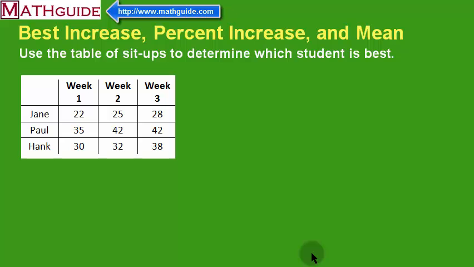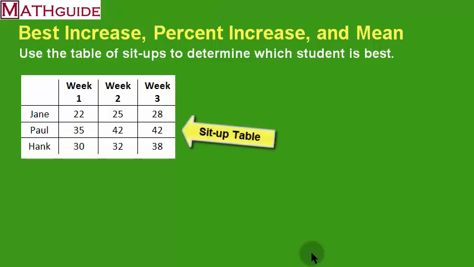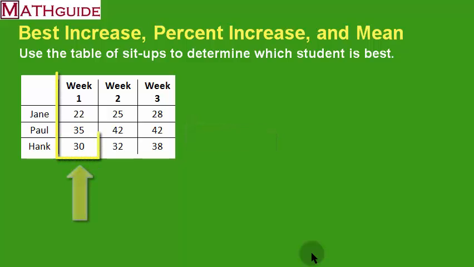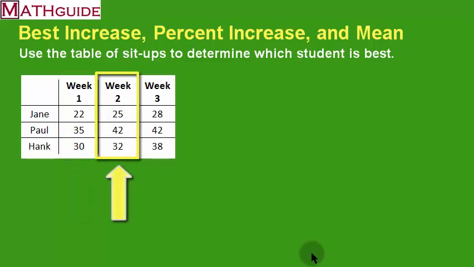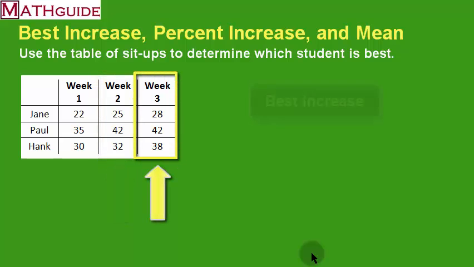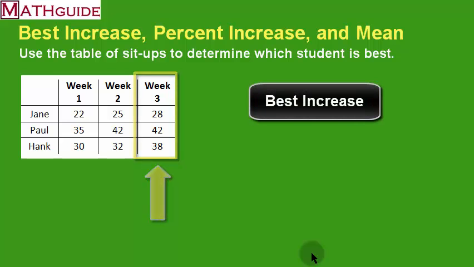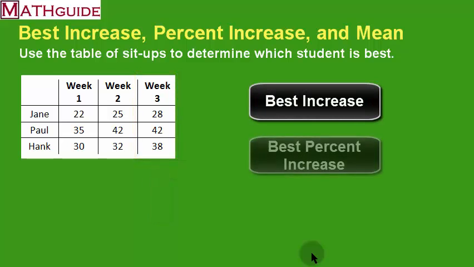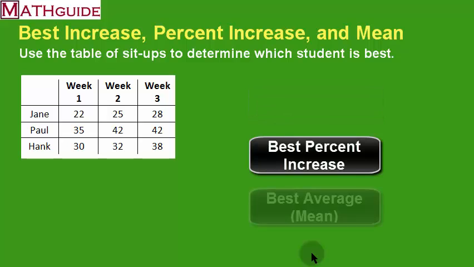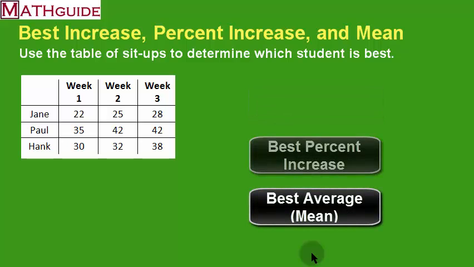Today we're going to take a look at a table of values that show us how many sit-ups each student has done, and you can see it clearly delineates how many sit-ups they've done in each week. Three weeks are shown. What we want to determine is which one of these students is best at sit-ups. What we would like to consider is which student has the best increase, which student has the best percent increase from week 1 to week 3, and of course which one has the best average in terms